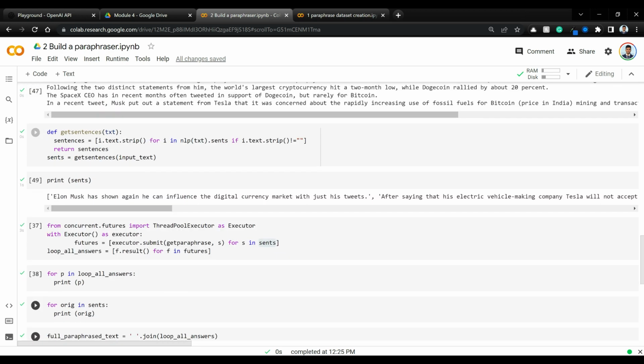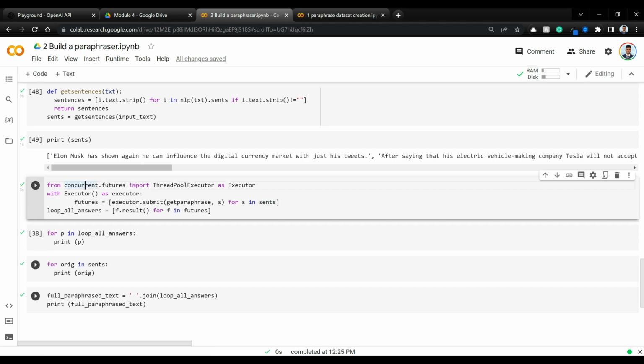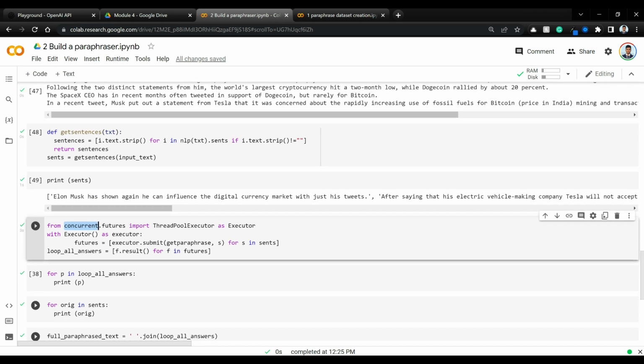And we are using multi-threading. We are using concurrent.futures, and you can do this sequentially, so paraphrase one sentence after another, or you can just do them in parallel with multi-threading. The code here is not too complex, just these lines.